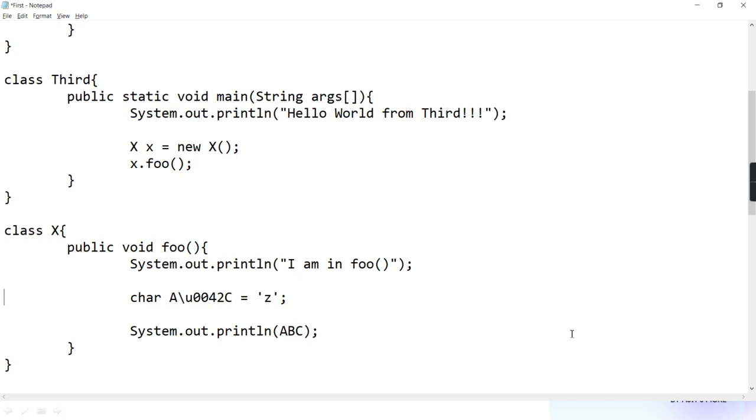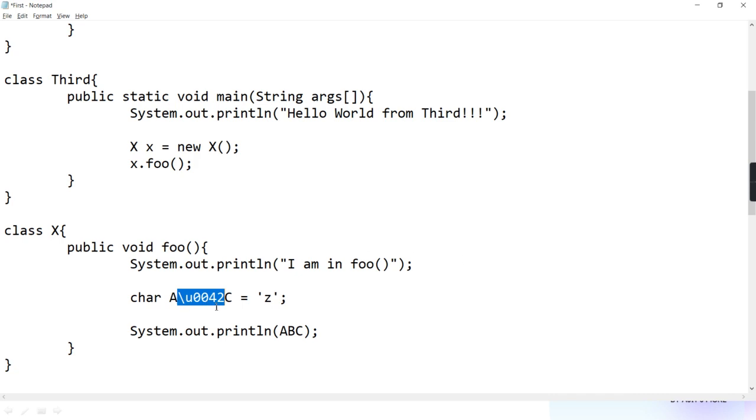But that B, when I gave the name of the variable, I didn't write B. I wrote its Unicode. Tell me, guys. Backslash U0042 is the Unicode of which letter? B. Just now I told. Is it capital? Yes, very good. It is the Unicode of capital B. You understanding? Yes, sir.